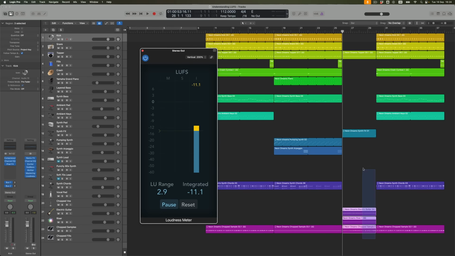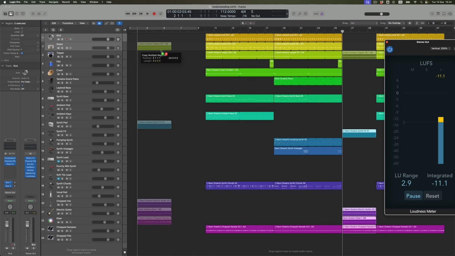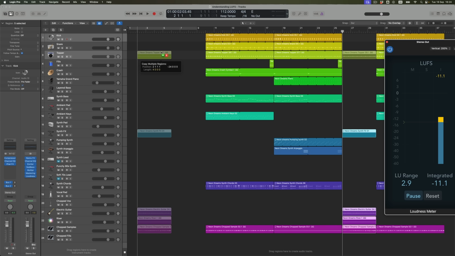What we're going to do this time is I'm going to do something to the arrangement of my track. And then we're going to watch what happens with our integrated LUFS measurements. I'm going to take the quietest moment that exists within this piece, which is this section here. And for a moment, I'm going to move my now slightly larger loudness meter out of the way. And I'm going to take this section back, not just to here, but in fact to 4 bars earlier than that, which is going to be bar 2. And I'm going to make it twice the length that it was before.